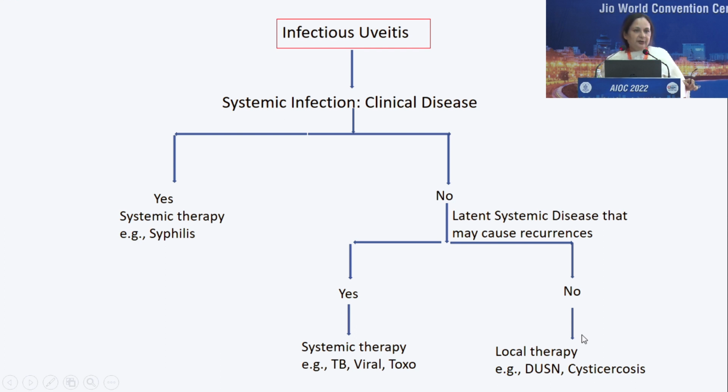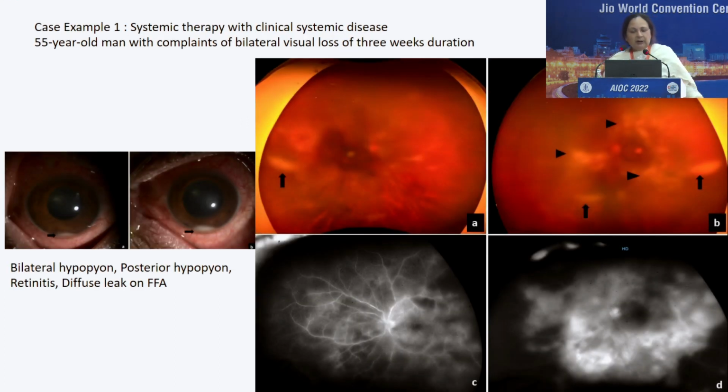The other hand is a disease which is local. For example, there is Duchenne or there might be cysticercus and you don't find it elsewhere in the body, or even toxo for that matter, which is by and large a local disease. You just treat it locally with antibiotics and they will work. Now this is an example of a systemic disease.